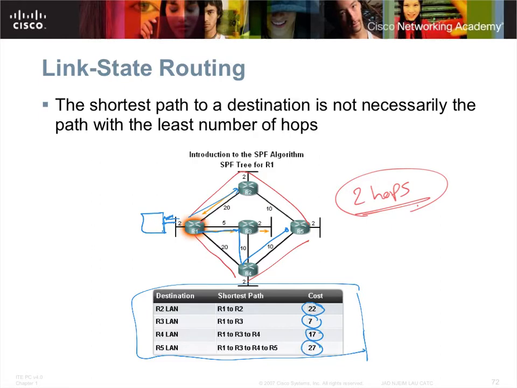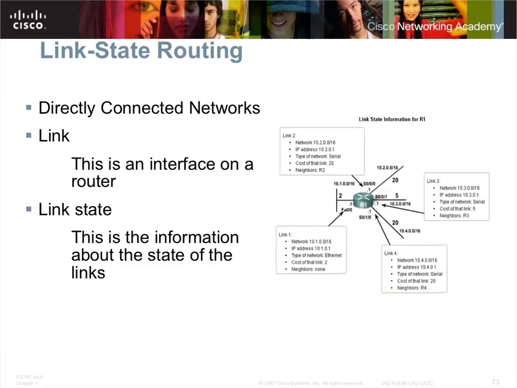Okay, so of course we can do this visually because we have the map in front of us. But how do the routers in link state routing protocols systematically get this information and get to this routing table? So this routing table is our ultimate goal, to have it calculated and estimated and in a stable condition for all the routers to work correctly. So in order to do that, we'll see that we have five different steps, okay, 5 steps to reach the state that we have a fully